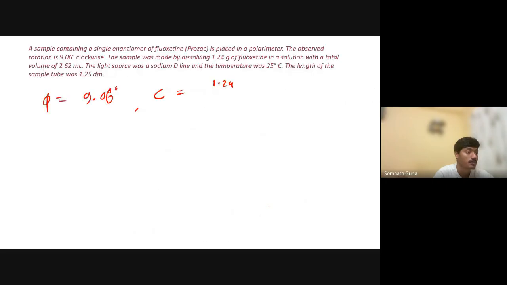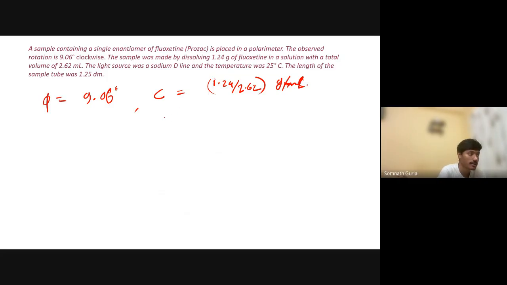Okay, and then C is the 1.24 over here, and L is the 2.62. Okay, this is gram per ml. Sorry,